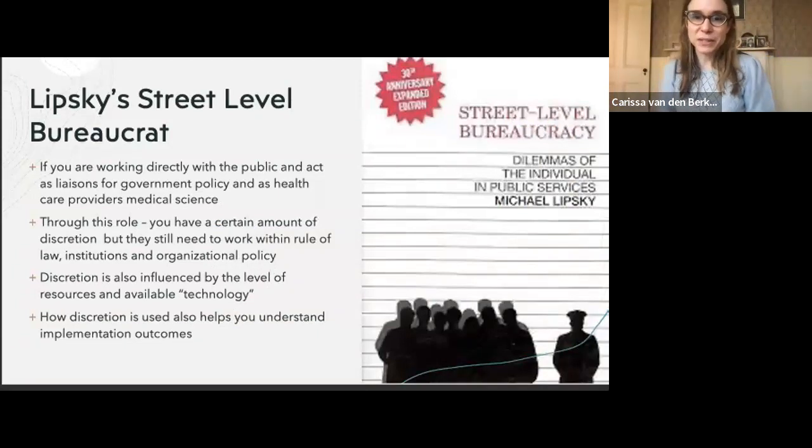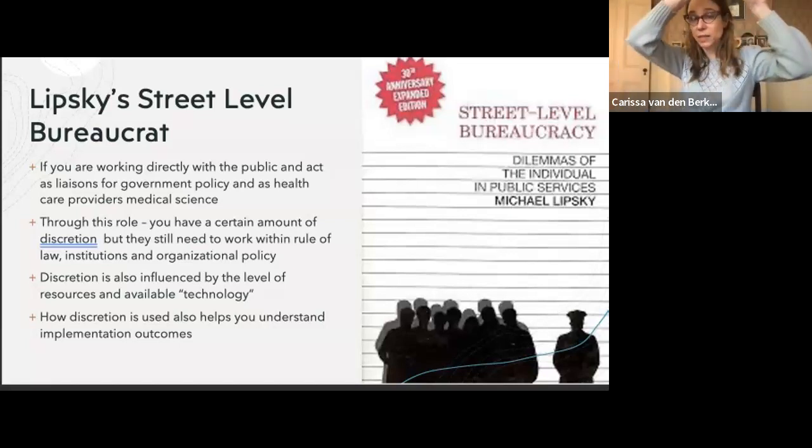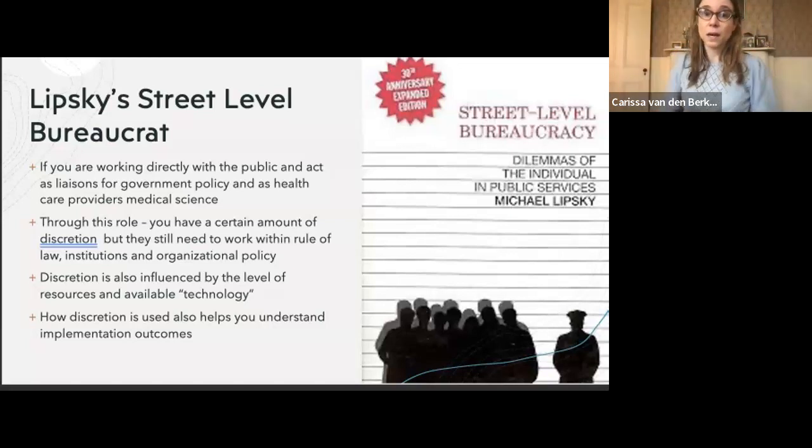So going back to one more, there's Lipsky's street level bureaucrat. I like this one because it really feels like the day-to-day life of a lot of healthcare fields, especially primary care. But my background is in social work. Social workers have this real street level bureaucrat, frontline worker focus. And with the recognition that when you're at the front, working directly with the public, you essentially are acting as a liaison between what is essentially government and business policy, and